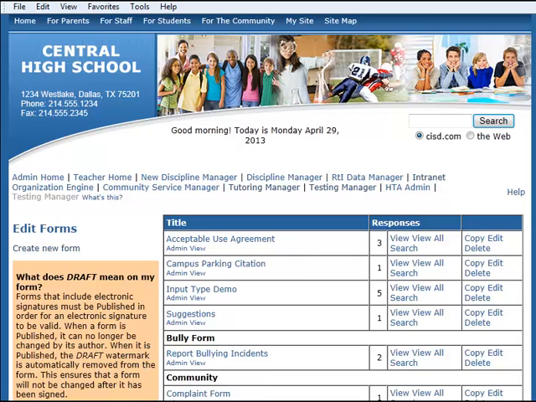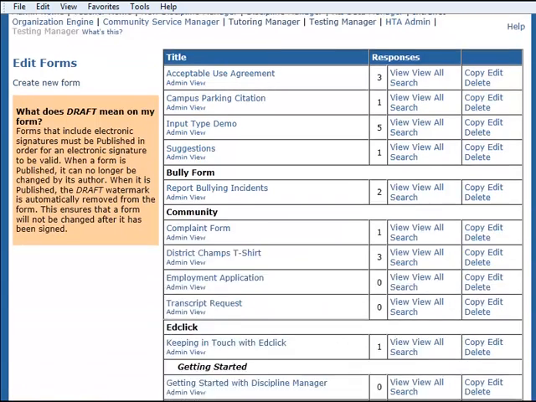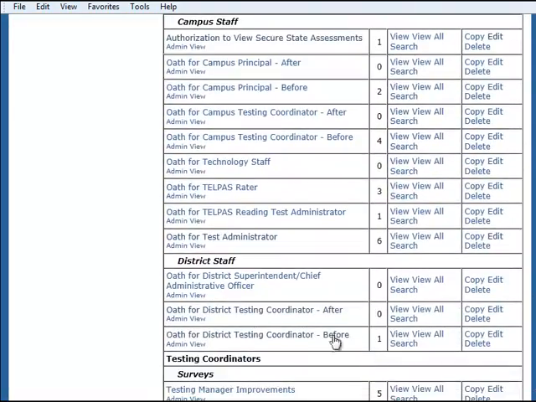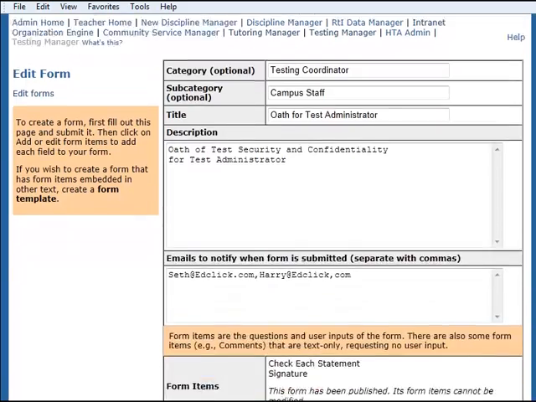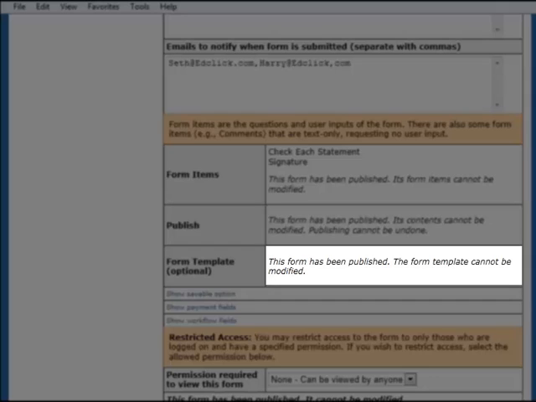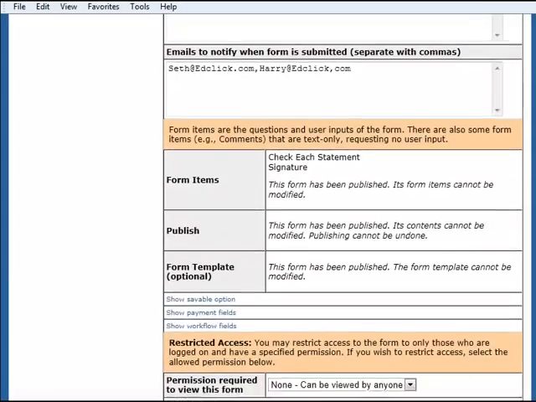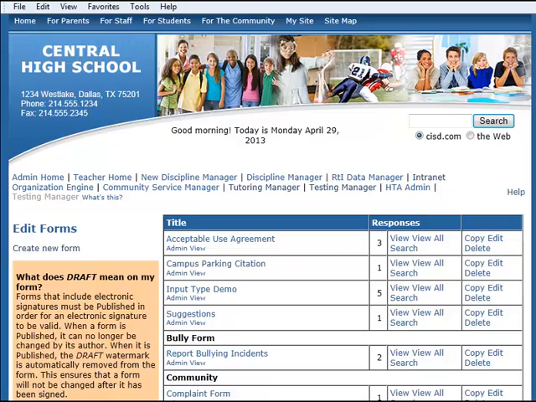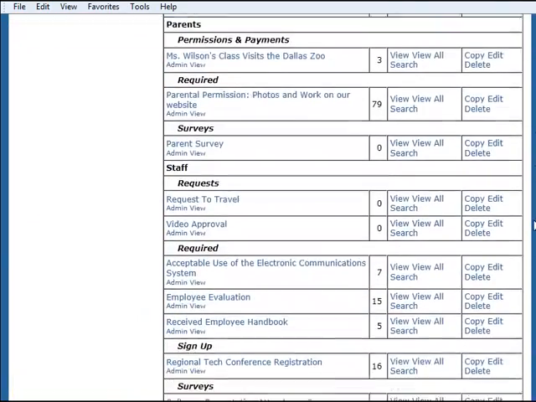On this form, we will go down to the Oath for Test Administrators form. And we'll go across and click Edit. And I will show you that there's an indication on this form that it has already been published, and so the form template cannot be modified. So what we'll do is we will go back up here to Edit Forms, go back down